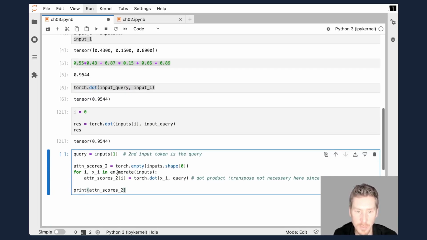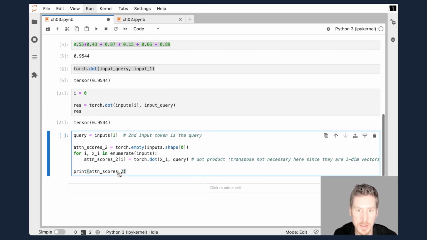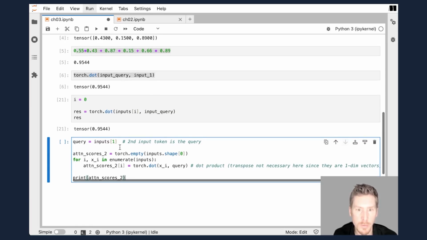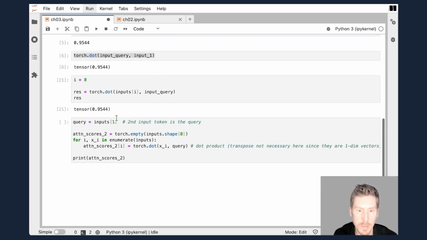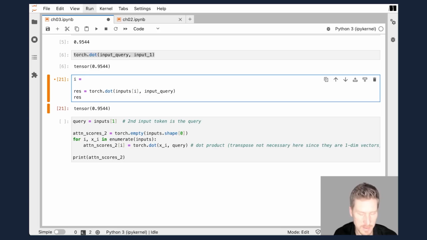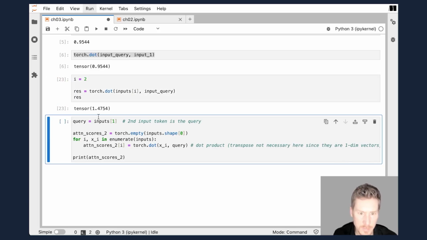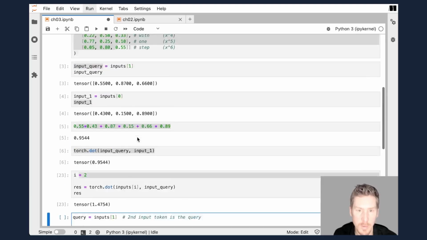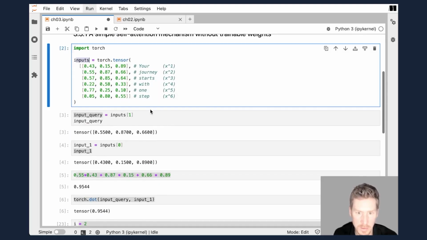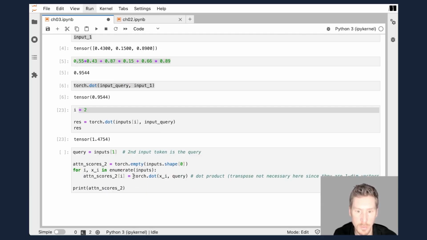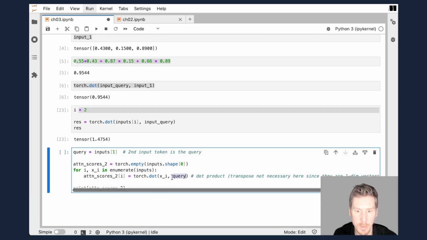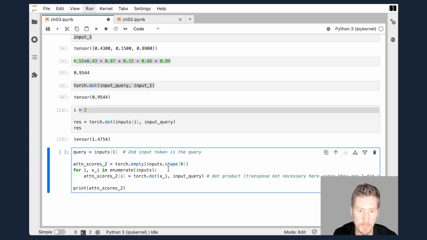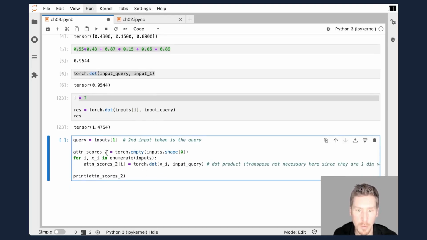Now, going one step further, this code here does the same thing, except now we are going to do it for all of them all at once. Instead of me having to change this here all the time, we are going to have a for loop that does that. So for each input xi, so the I here, for each I in this collection of inputs, we are going to compute the dot product with the query. So we call that input query, right? And we're going to store them